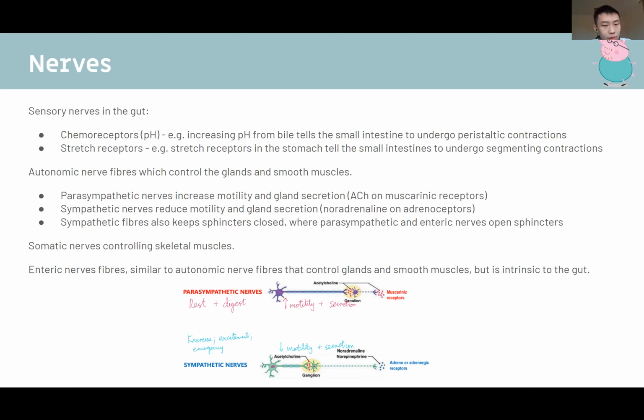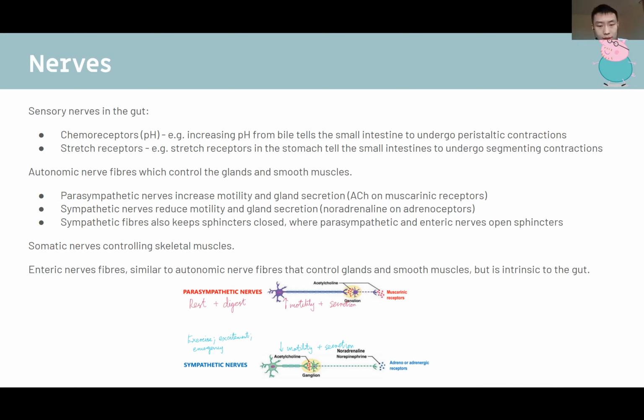So sympathetic fibers will keep these sphincters closed, and your parasympathetic and something called enteric nerves, which we'll mention soon, again, open sphincters. And apart from that, you also have some somatic nerves that just control skeletal muscles. So these are voluntary, whereas, as you know, your autonomic nerves are involuntary. So your enteric nerve fibers, they're quite similar to your autonomic nerve fibers in that they control your smooth muscle